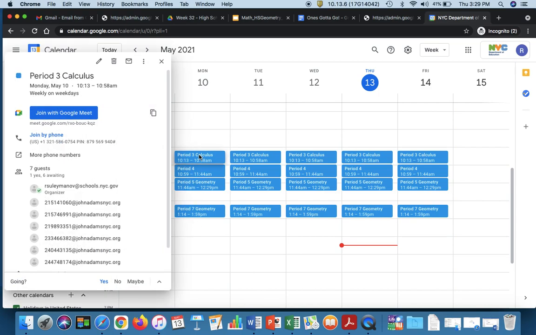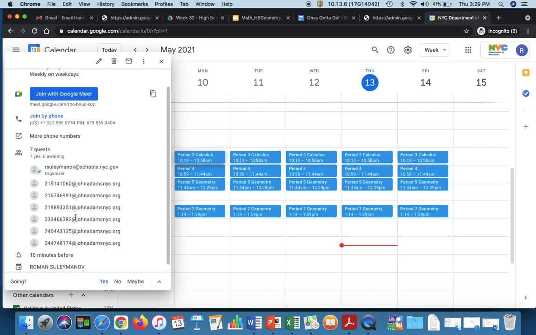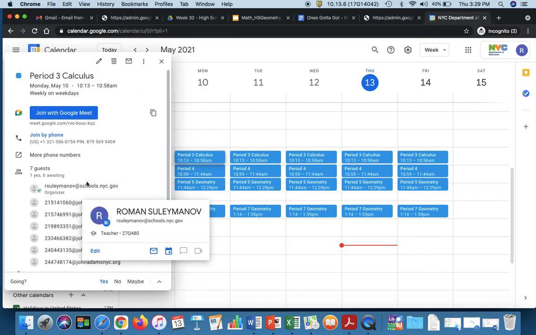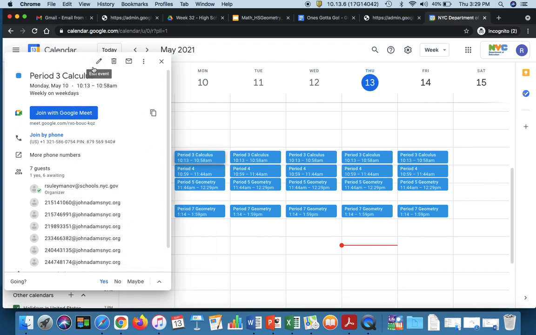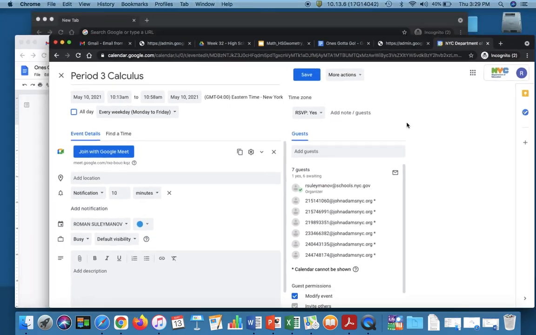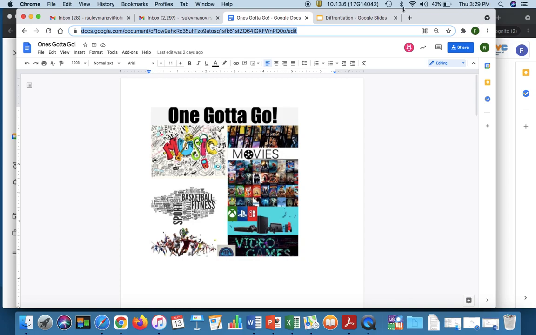If you create an event, you just want to invite every single student you have. Now I could see how that could be a little bit cumbersome, right? And maybe that might be a little annoying. So let's show you guys a fast way to do that. So if I click edit event here, all right, what I'm going to do is I'm going to go into